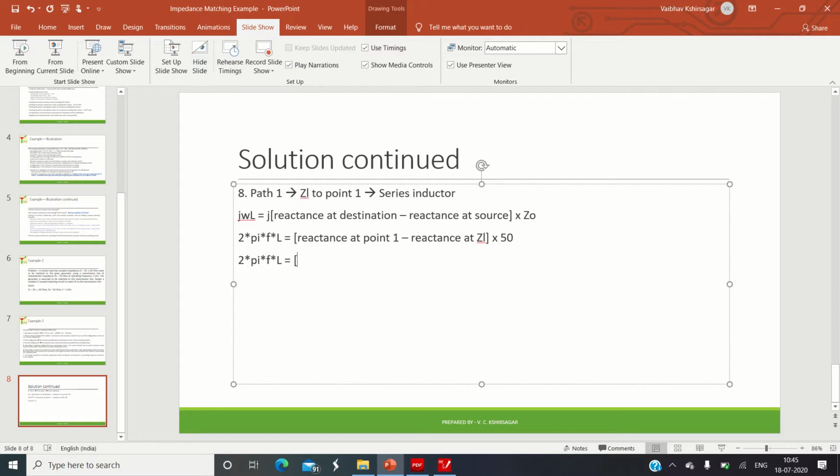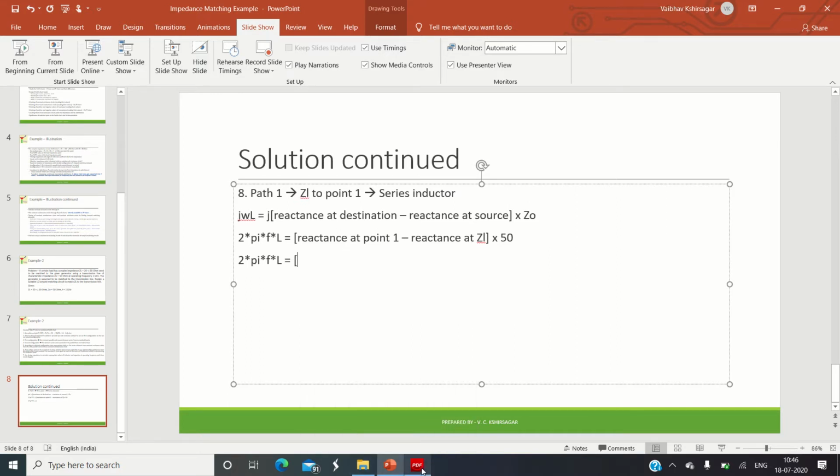We know that when we read a reactance value, the reactance values in the lower half are treated as negative values, and reactance values in the upper half of the Smith chart are treated as positive values. So kindly don't make any mistake in reading the values, and also take the appropriate correct sign convention. Again, I repeat, whenever you read a reactance value in the lower half, it is negative. Whenever the reactance value is in the upper half of the Smith chart, it is to be treated as positive. So please take this into consideration while reading the values of reactance.